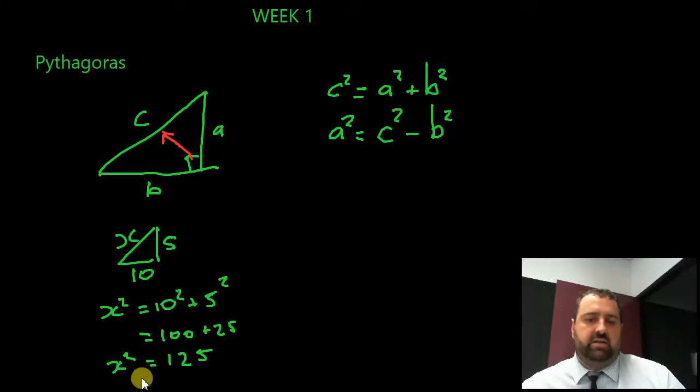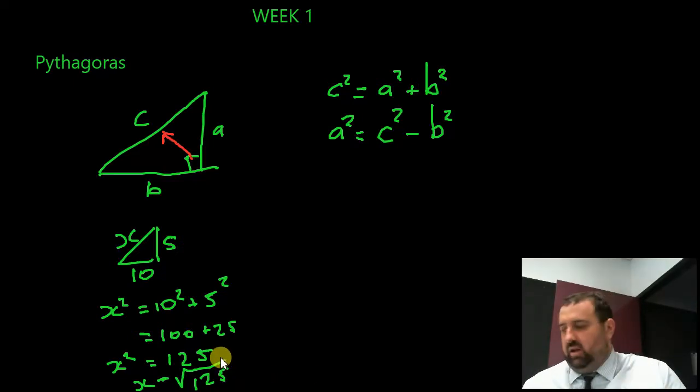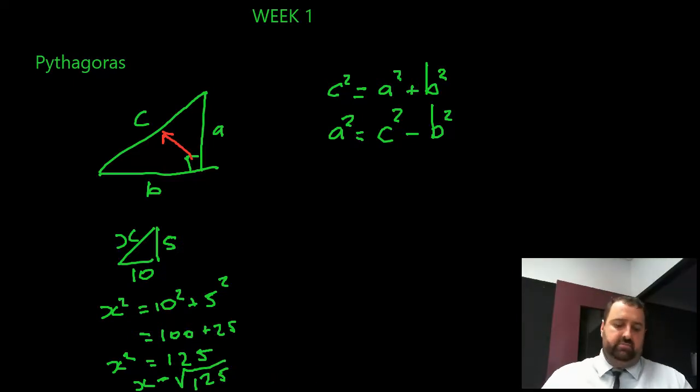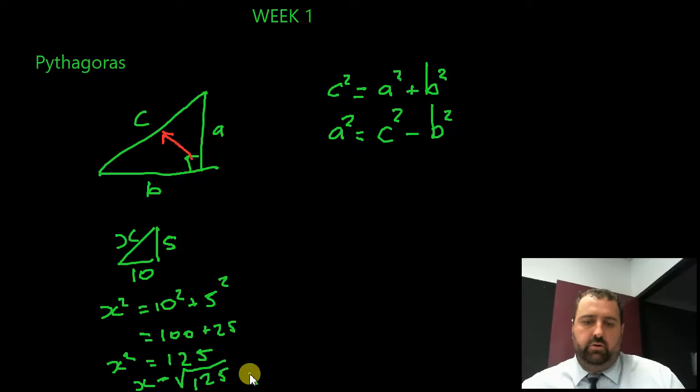If X squared is 125, I need to do the square root of 125 to find X. And if I shove that into a calculator, the square root of 125 is 11.2. So X equals 11.2. Okay, and that's rounded off to 1 dp. Now, I won't clear that, I'll just write it over here. So, the second example